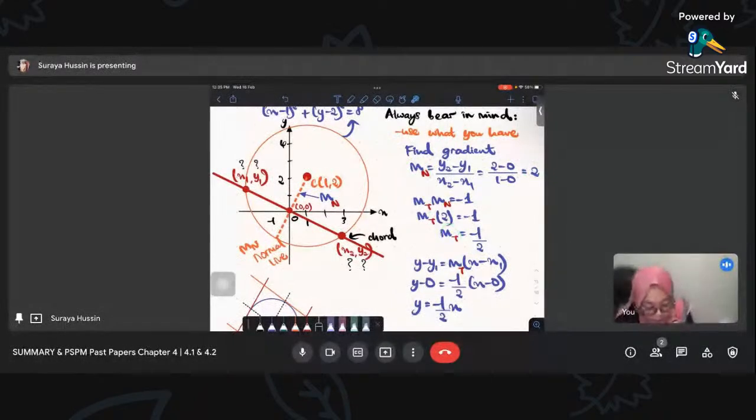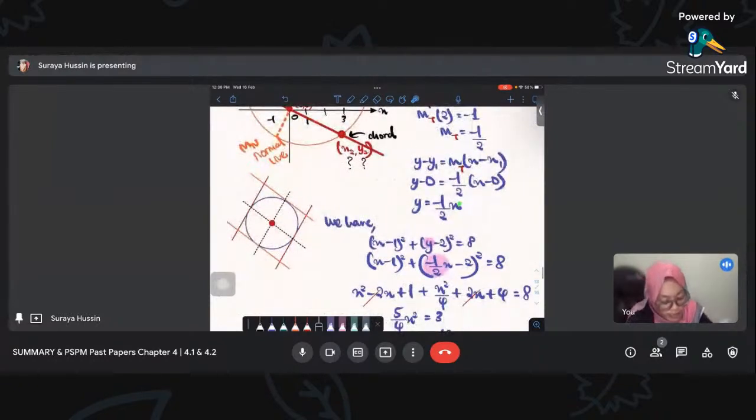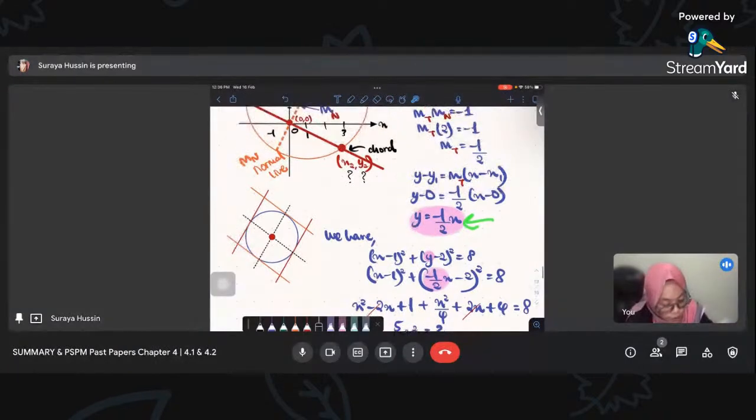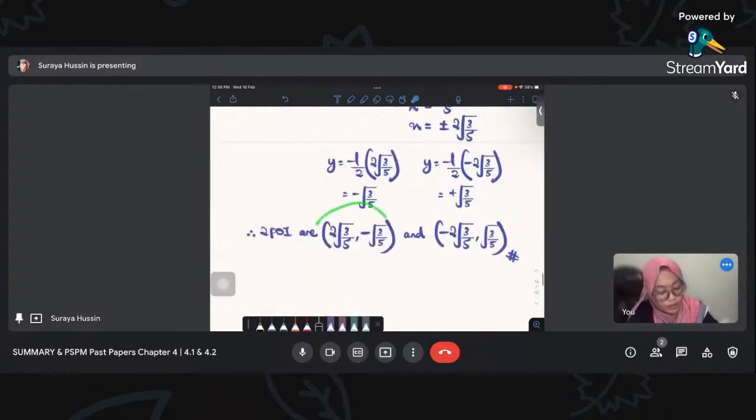Sebab tangent berada di sini. So I need the tangent instead. I need the formula of the tangent. And then I got the line of the tangent. When I already got the line of the tangent, ni soalan ni sama lah sebiji macam soalan tadi. I can put in the line of the tangent into the circle. And then I got the coordinates, and these are the coordinates that I have found successfully,